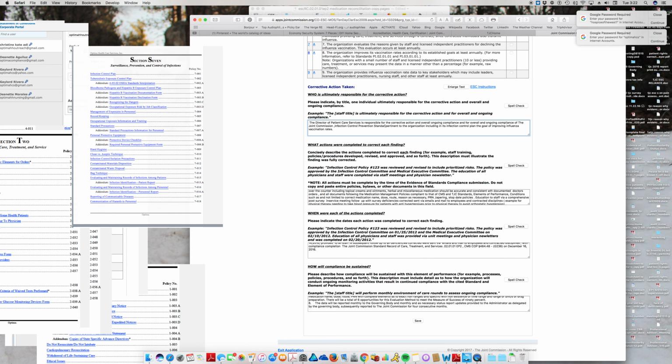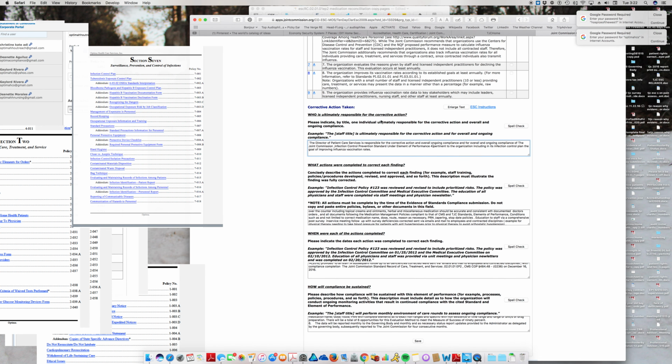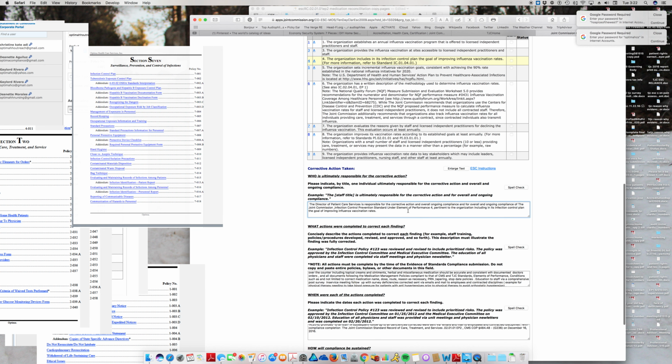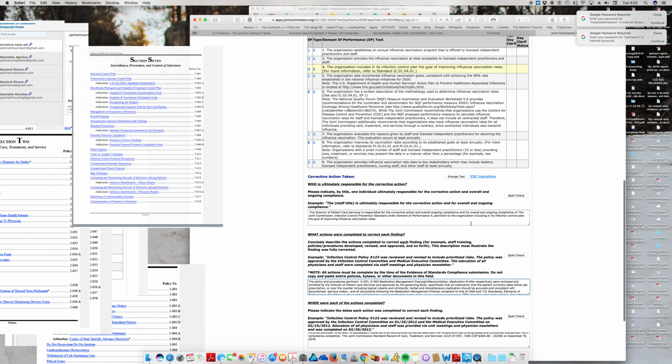standard, under element, under EP. EP, all right. What was it again? For, which is pertinent to, comma, pertinent to, boom. So that's it. That's what we're addressing. Now on the what part, we do the same thing. The policy and procedure pertinent to, what's the keyword there? Pertinent to, okay. So copy this